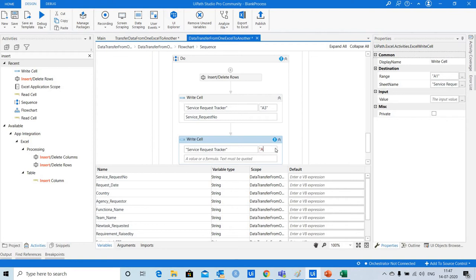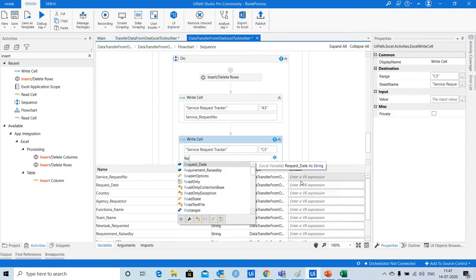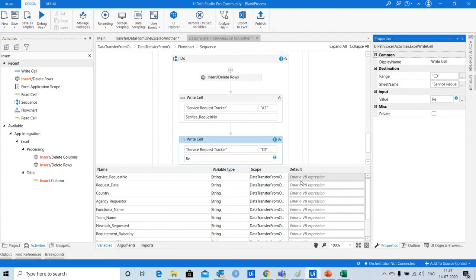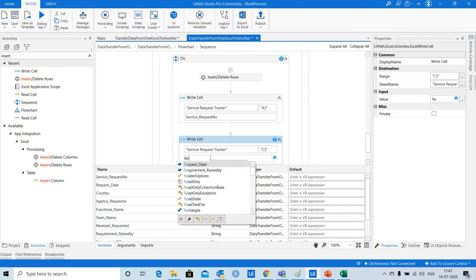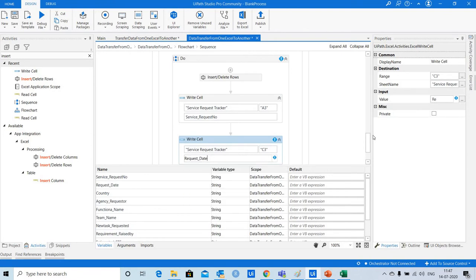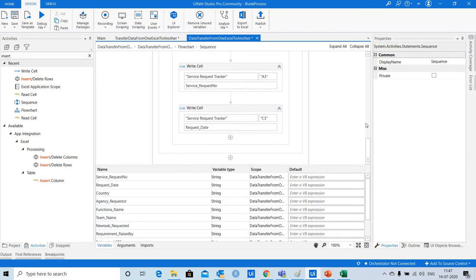So I have to mention here C3. And then again I need to define the variable which has stored this data. So that is request date. I can select it from the drop down here.